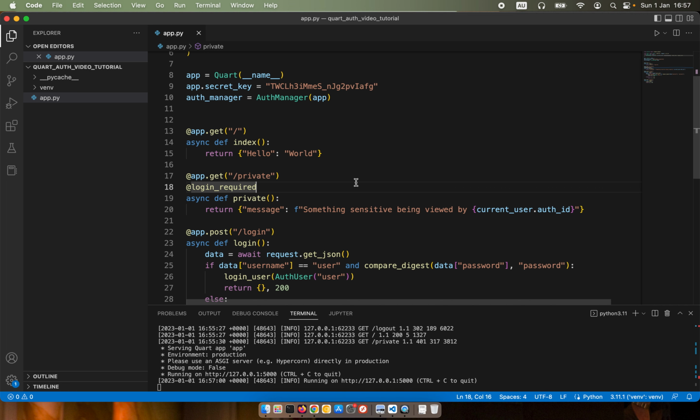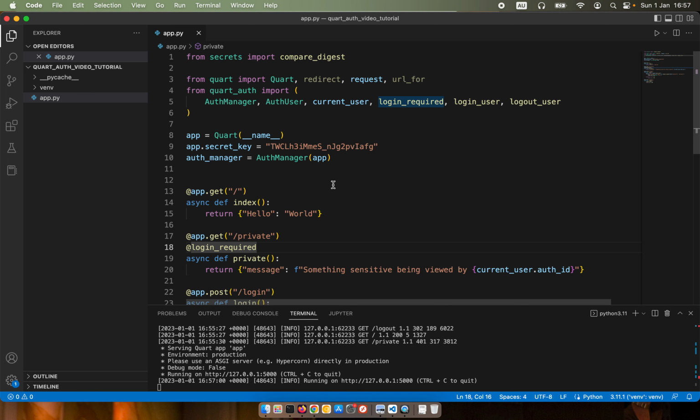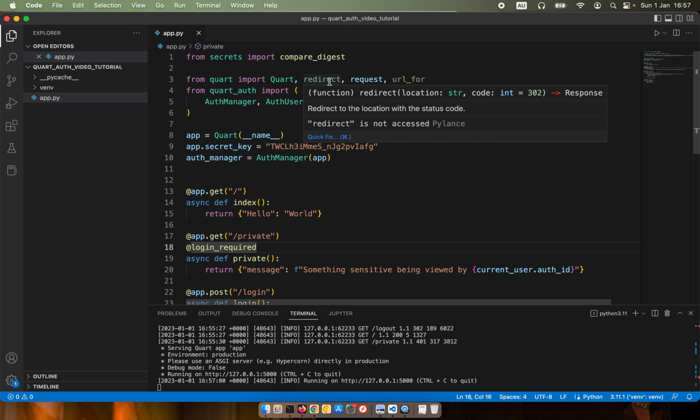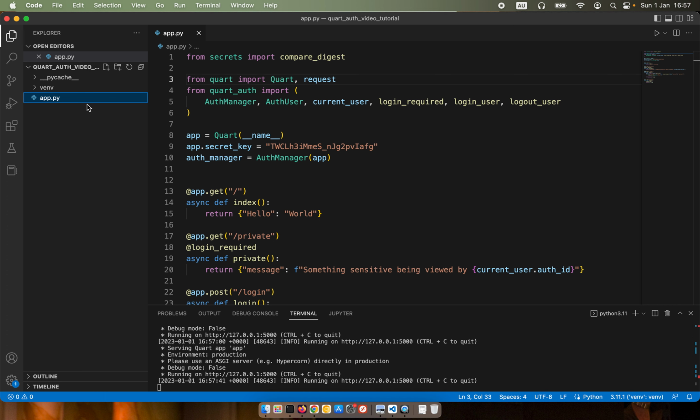So this is all well and good, and I'm not going to show how it works right now because I don't have a single page app to play with. What I am going to show though is what happens if we're working with an API. So let me just clean this up a bit, get rid of the unused imports, and let's ask ourselves that. So what do I mean by that? Well, let's say I've got some